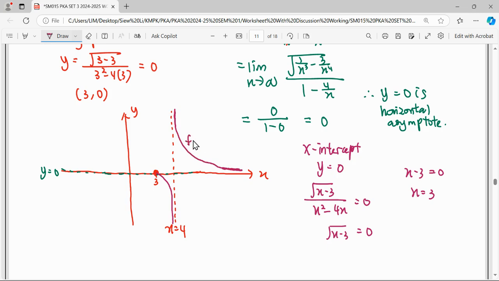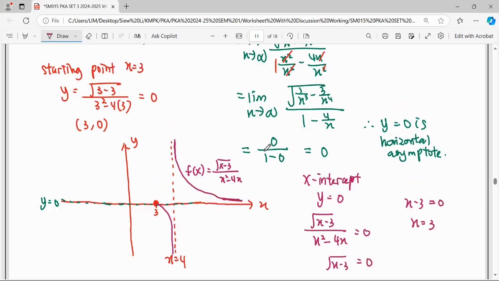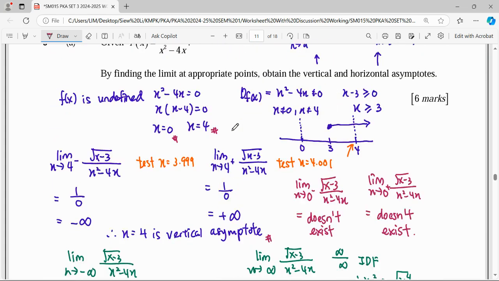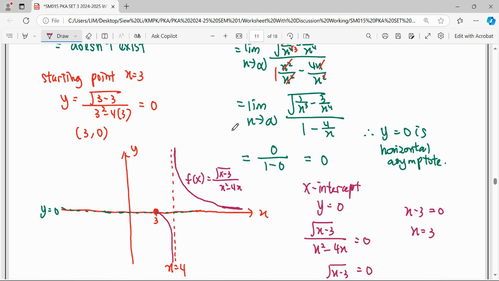So lastly, label function f(x). So make sure you label your graph. X-axis, y-axis, asymptote, titik mulanya,